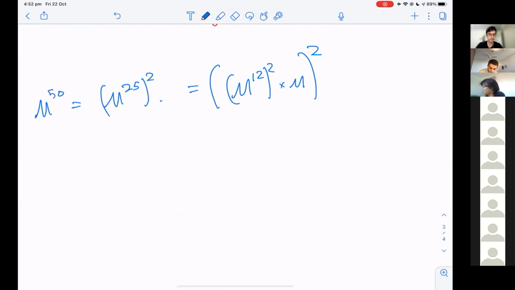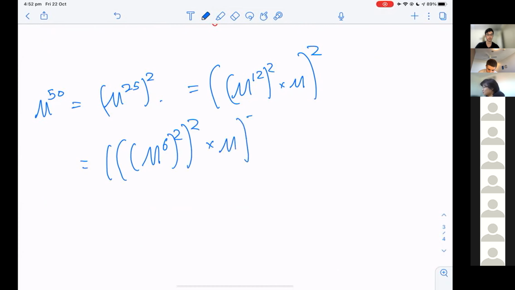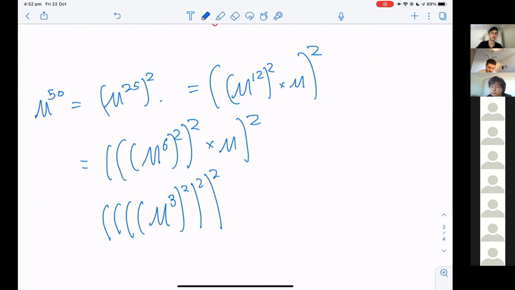Okay, what about m to the power of 12? Well, this is equal to m to the power of 6 squared. What about m to the power of 6? That's m to the power of 3 squared.